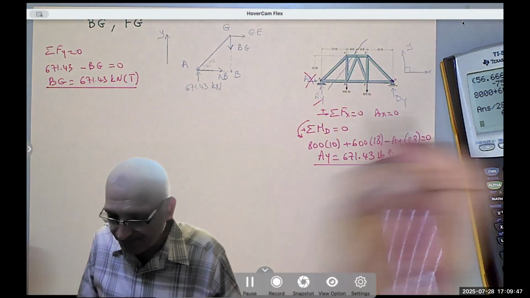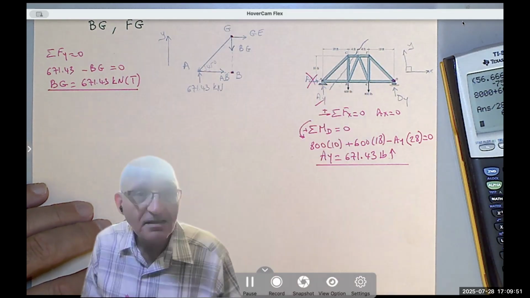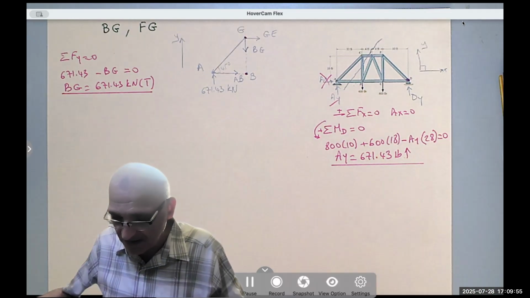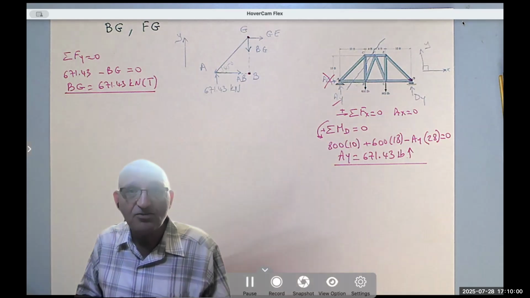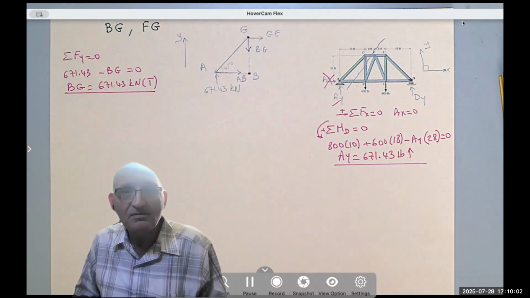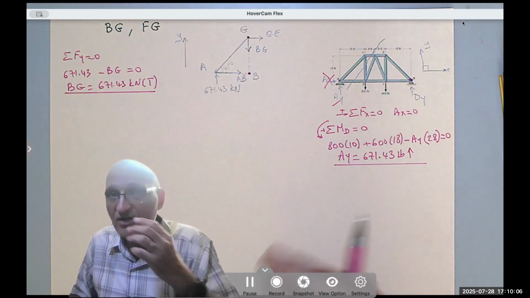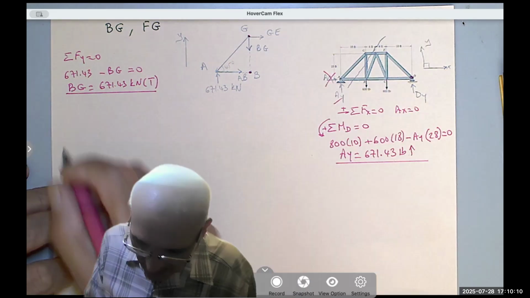Like before, I have to take the moment about G and about B, right? I cannot use summation of the forces in the X because that won't give me anything. It will tell me that GE plus AB equals zero. That's why I know one of them has to be positive and the other has to be negative. One of them is tension, the other would be compression. So let's say